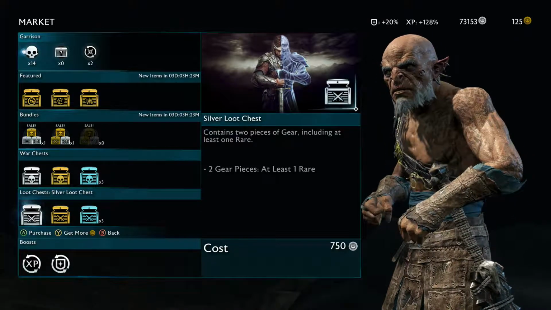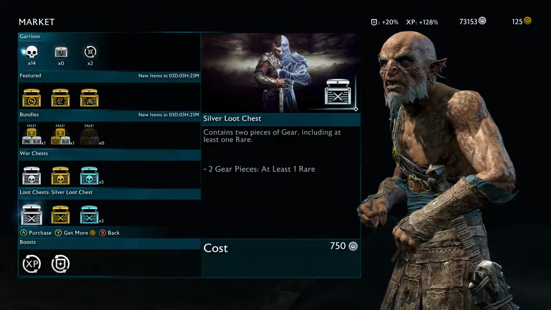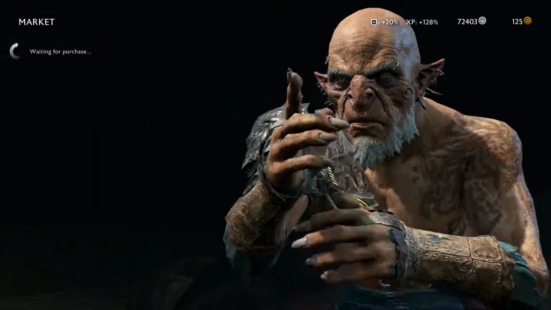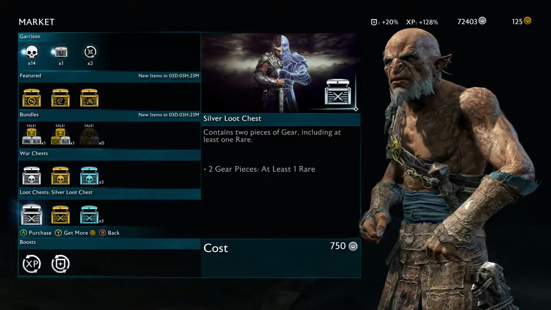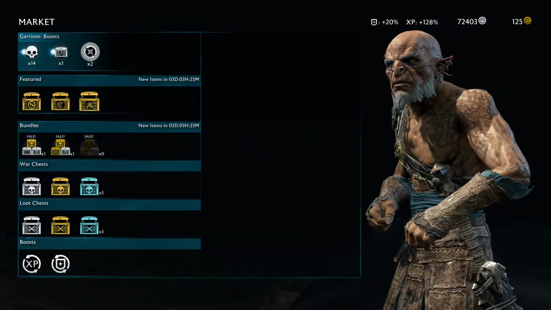I recently tried an experiment. I bought like 20 of them because I have so much money here and I don't really need to spend on anything else. So I'm going to show you what that looks like when we buy one. You get 2 pieces of gear. It costs 750, which isn't a ton in the game, but I want to point out that you also